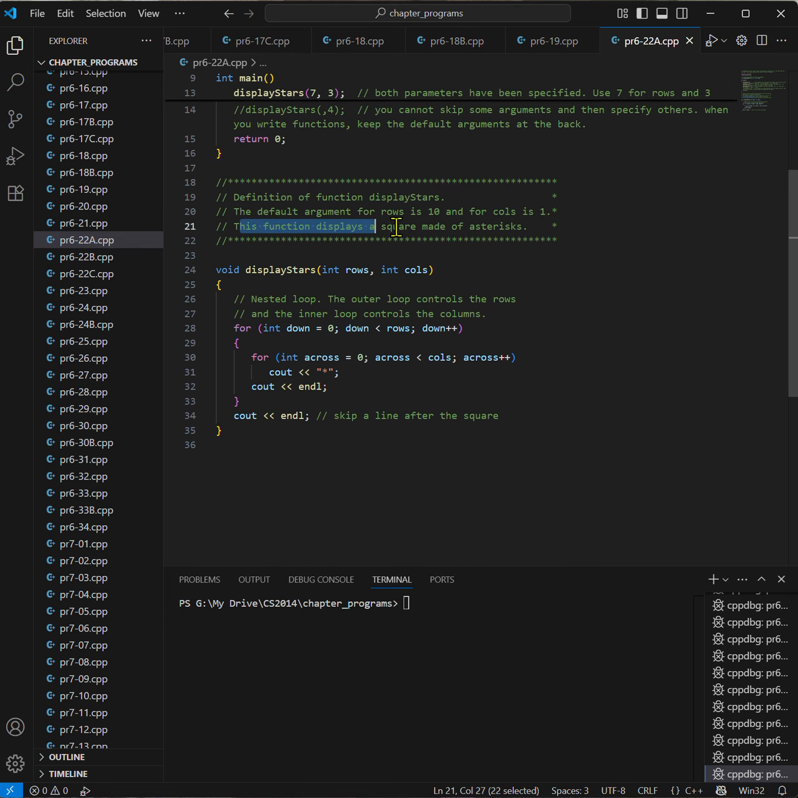The function displays a square made of asterisks, and it receives an integer for the rows, an integer for the columns, and then over here we have a nested loop with over here first the rows, and then over here a loop for